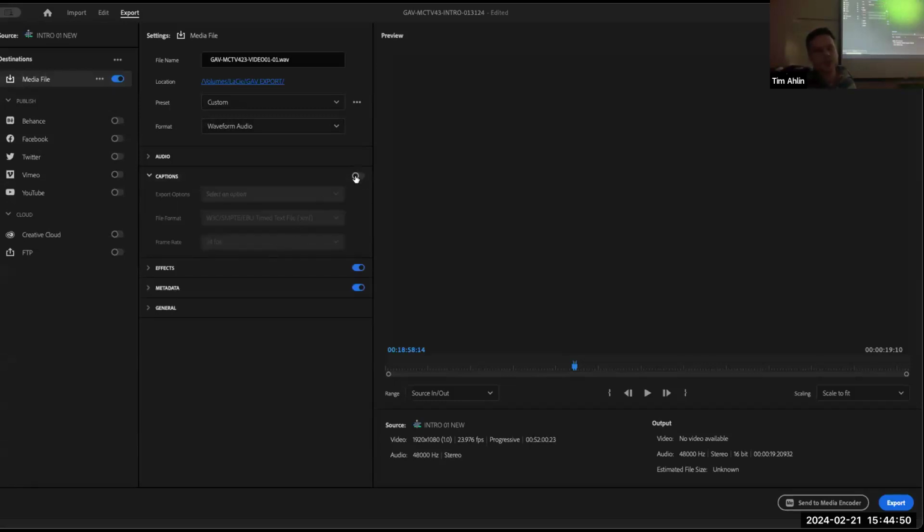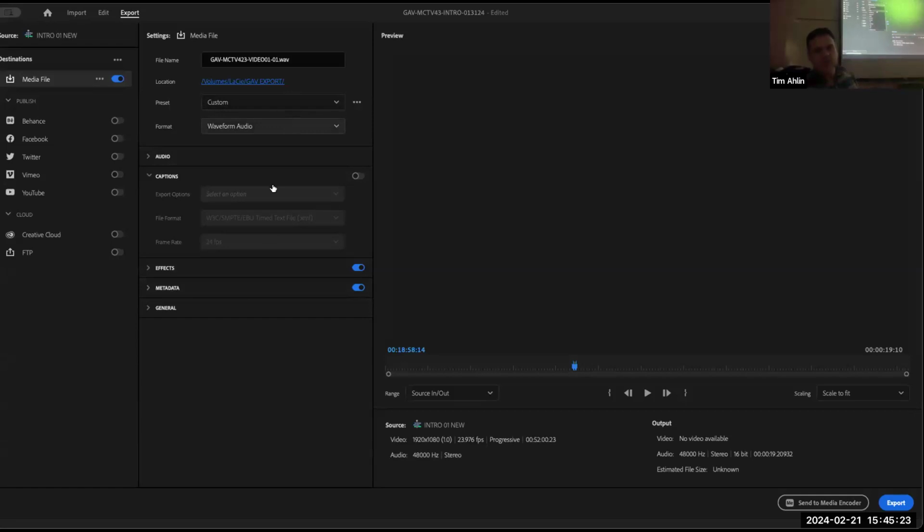And metadata, you can turn off the metadata. The metadata is information that's built into your files. Depending on how much information you're putting in on your camera, it's going to tell you the date things were shot, give you locations, and give you geotag stuff. I always leave it on. I've never not needed it. We can put on captions, but I don't think we have any captions on here. That's why it's not giving us that option.